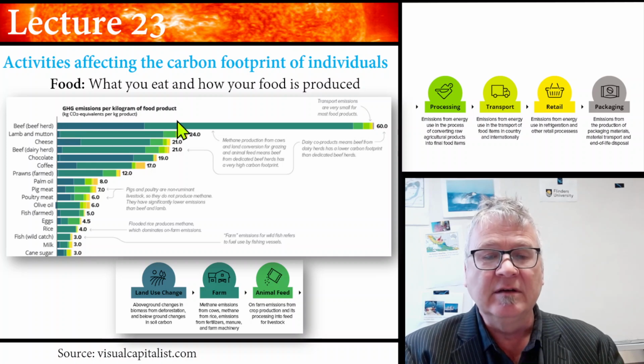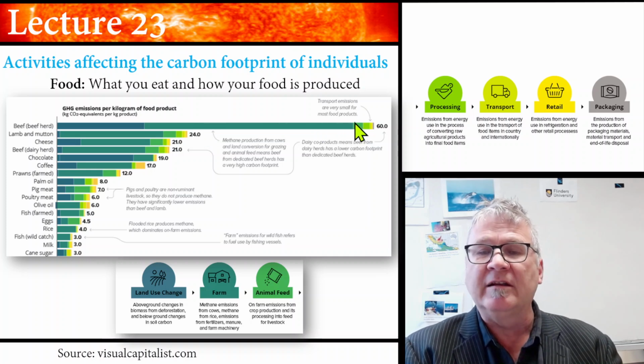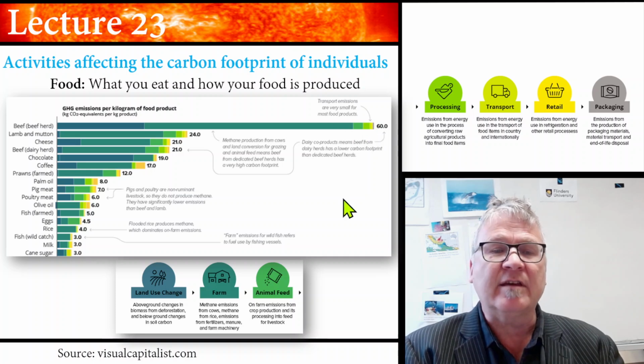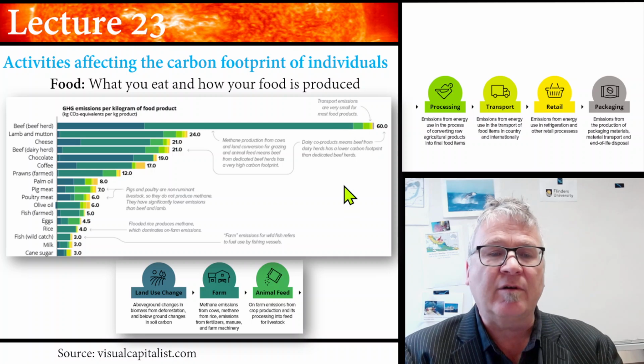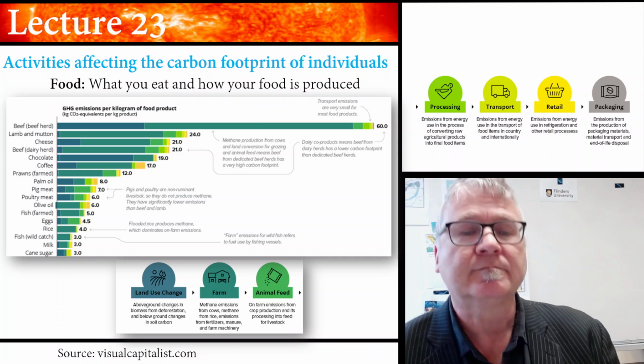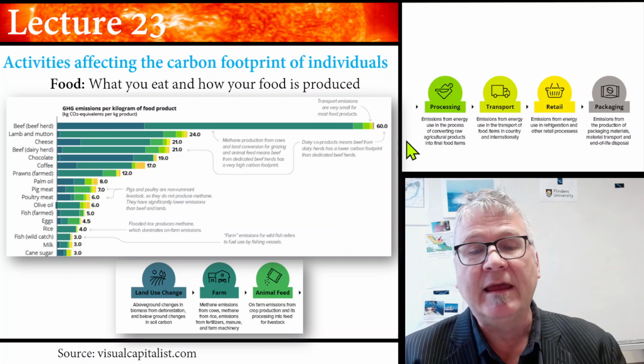Then comes the farming, methane emissions, for example. Then comes the animal feed, and then the lighter colors are processing, transport, retail, and packaging. This is expressed in kilograms of CO2 equivalent per kilogram of product. And you can see that beef is way the biggest number,